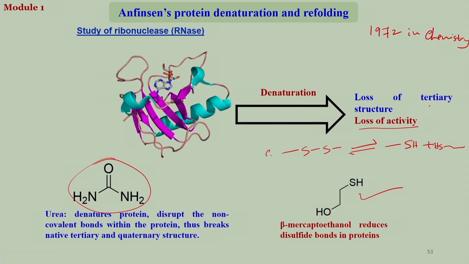So, when you have a cysteine here and a cysteine there in the protein, they form a disulfide bond. Now, if you treat these with beta mercaptoethanol, this will reverse the process. It will make 2 individual cysteines by cleaving the disulfide bond, and in the process this molecule itself